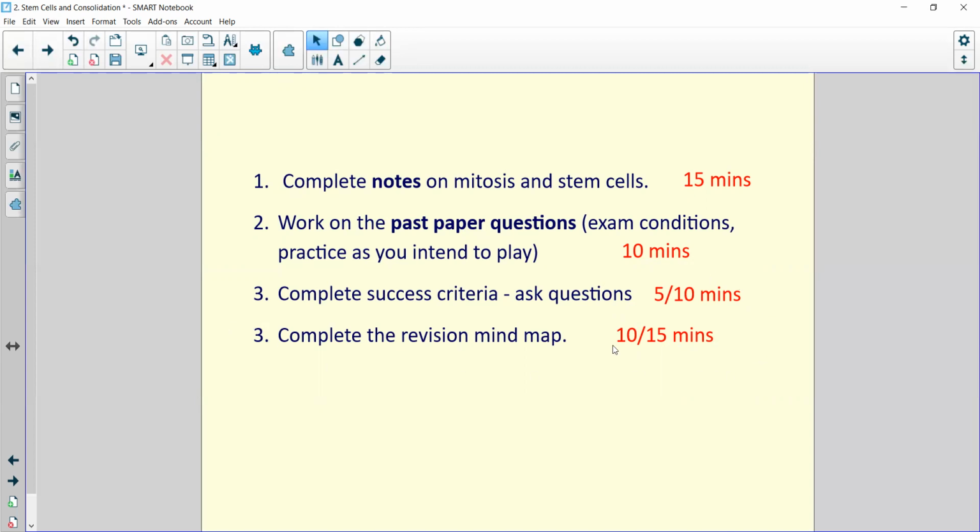And then the last thing is you should also now be able to do the revision mind map for this topic. So it's not a huge topic, we've covered it all in 1 week, but do take the time to have a good read through it. The bit on mitosis can sometimes be a little bit confusing, so definitely ask for help for that if you're unsure. All right,